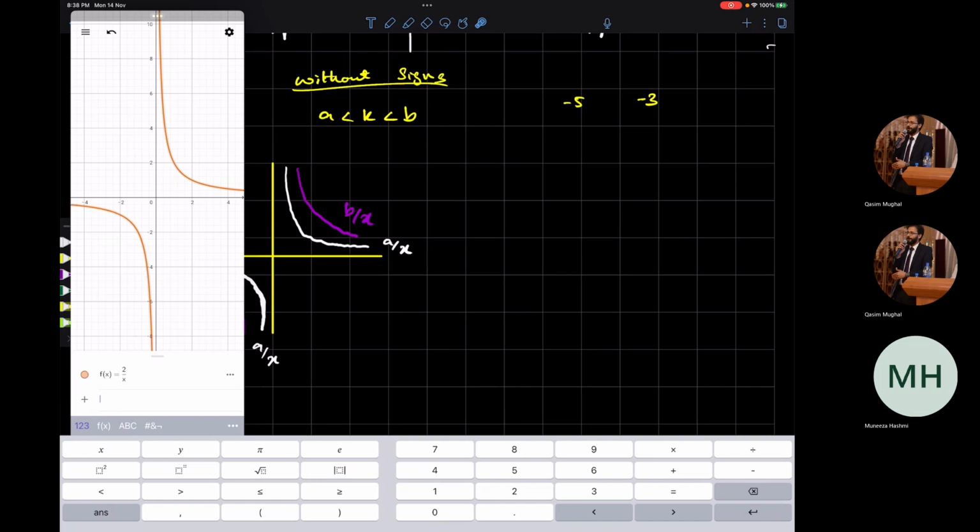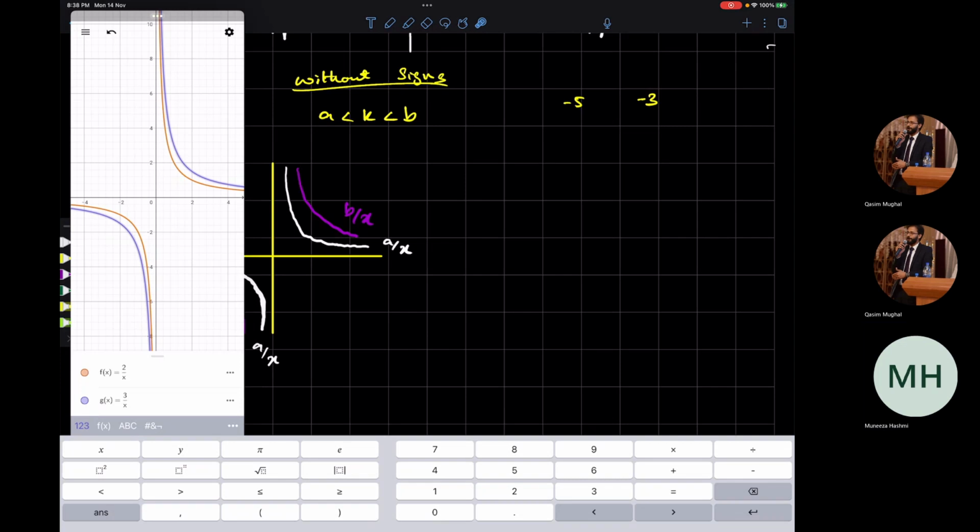Okay, so I'm going to take positive numbers, for example, and then 3 over x. Now 3 over x is the blue line, blue curve, and 2 over x is the orange curve. Now 2 being smaller is closer to the x-axis and the y-axis in both the quadrants, as you can see. Okay,